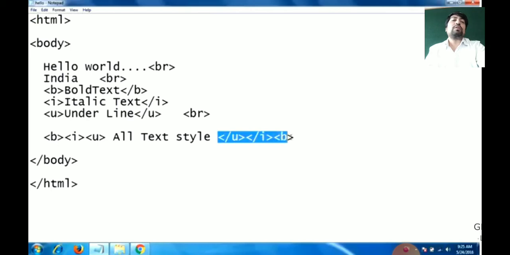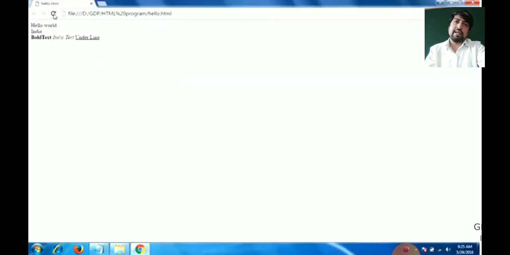Just close the tag by using a slash before the name of the tag. You can close the tag very easily. After changing, save the file and refresh the HTML document. It will make the text appear with the changes you have done in your HTML document.